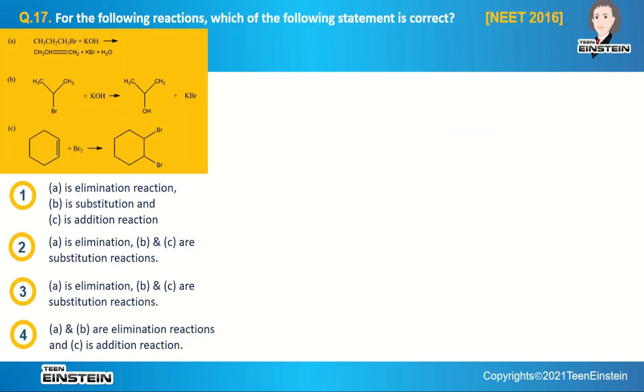Next, move on to the 17th question. For the following reactions, which of the following statements is correct? Here 3 reactions are given to us. First, let us see the first reaction, that is CH3CH2CH2Br, which is reacted with potassium hydroxide,